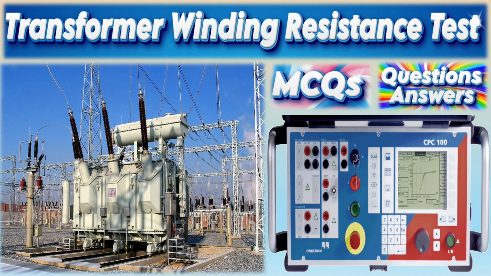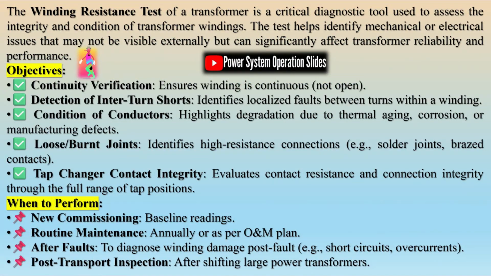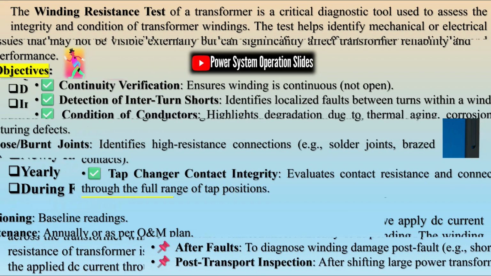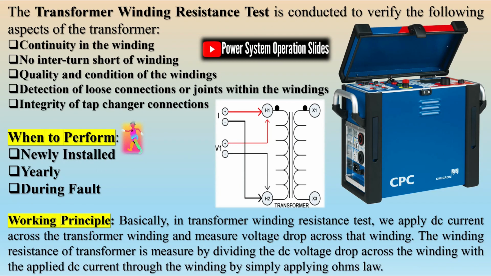The winding resistance test of a transformer is a critical diagnostic tool used to assess the integrity and condition of transformer windings. The test helps identify mechanical or electrical issues that may not be visible externally but can significantly affect transformer reliability and performance. In the world of electrical engineering, ensuring the integrity and efficiency of motors and transformers is